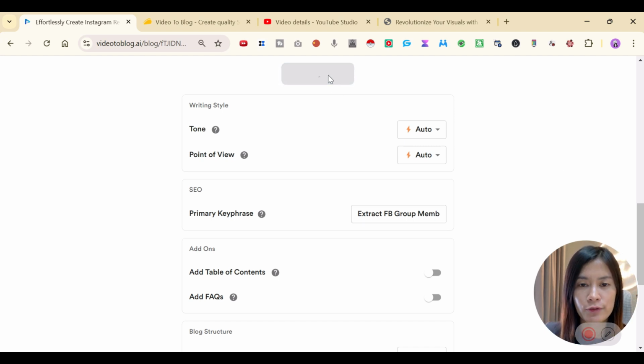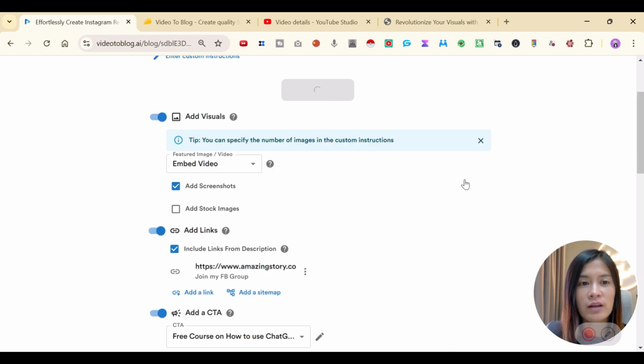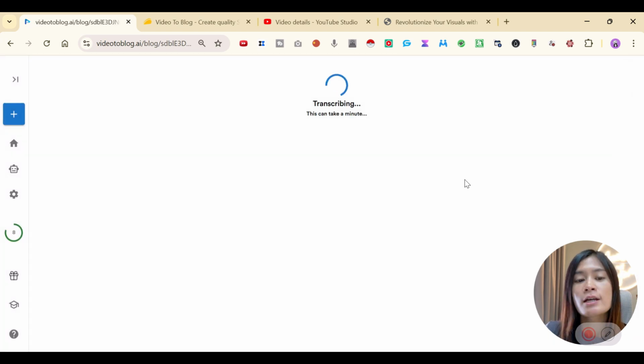So I'm just going to create a blog and let's see how long it takes. Usually when I hit create blog, it takes about 10 to 15 seconds for the AI software in VideoToBlog to capture the information and the settings. Firstly, they start the process by transcribing. Depending on your video length, VideoToBlog takes about 10 to 20 seconds to